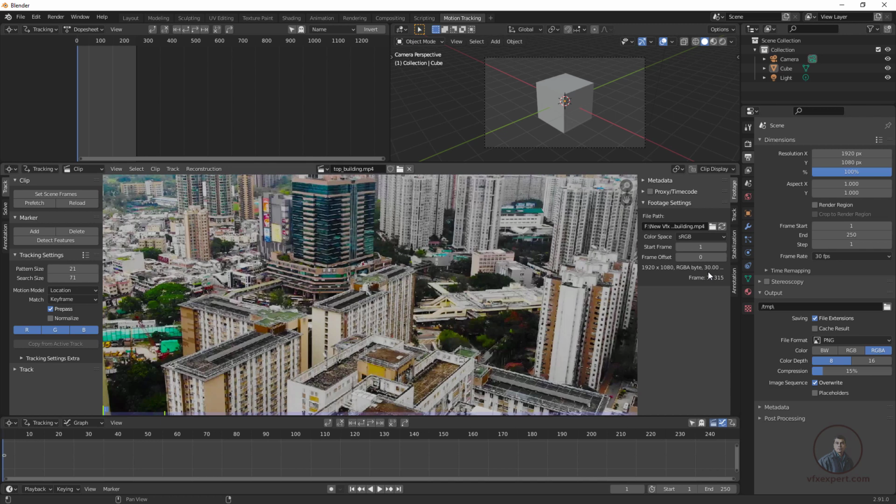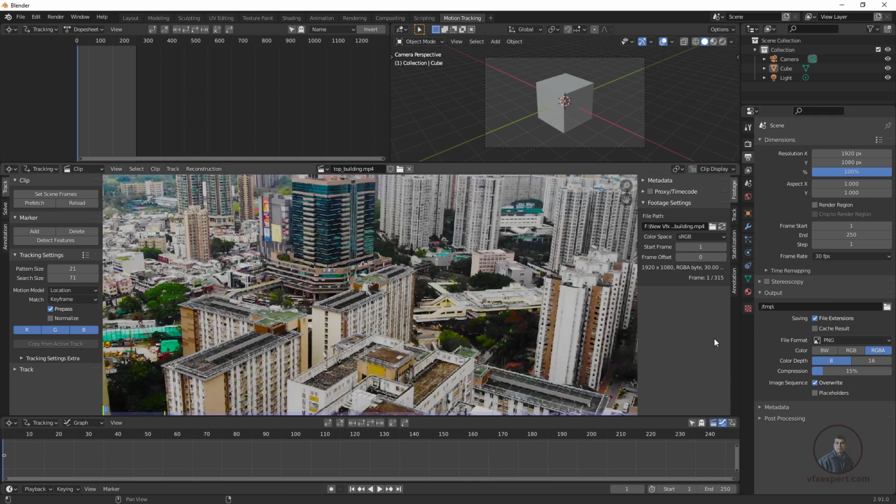If you want to convert a video into an image sequence in Blender, I have given a link in the description, or you can track your shot at 24 fps. So you have to select your required frame rate before tracking. Okay, if you don't know the frame rate, then on the default 24 fps you can track your shot, but here I have imported our movie clip, so it's showing 30 fps. So I have selected 30 fps.